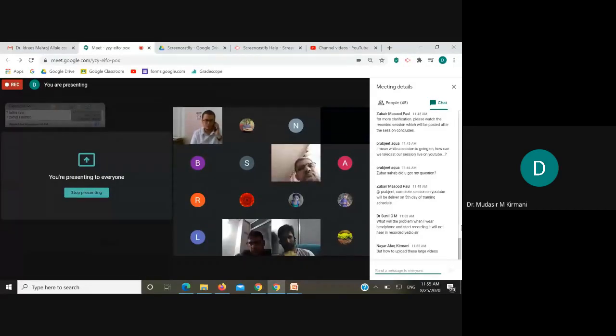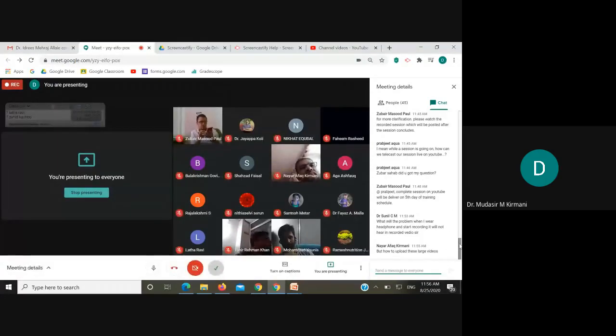But if the jack is in, and the video sound that is generated, it will be heard by me only, not by the participants. If you want to show it to other people who are connected to you, therefore I'll suggest, if you're connected using your headphone, you need to remove the jack, and once you remove the jack, the sound will be generated and it will be shared with all the participants. I hope.